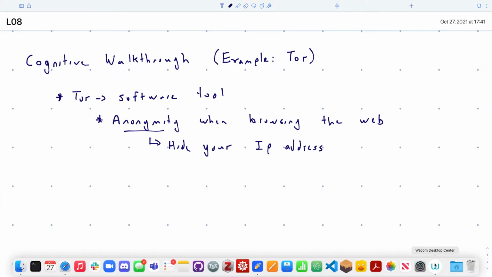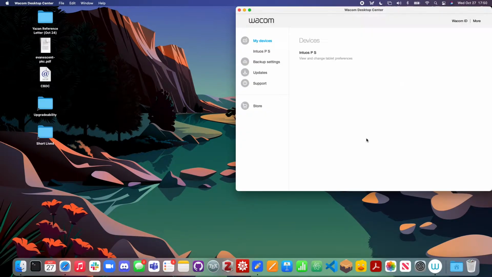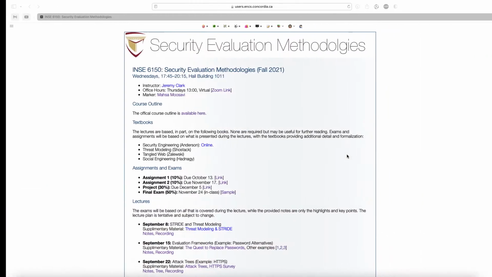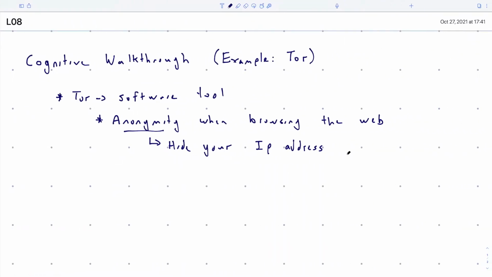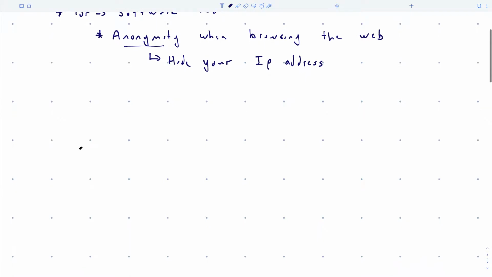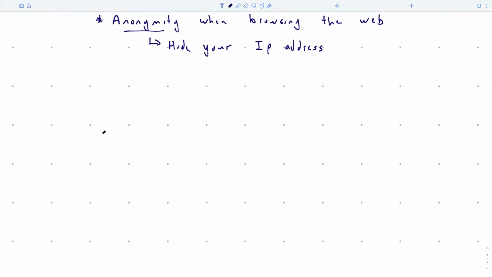Okay, does anyone else know a way of hiding your IP address? Okay, so the most common is to use a VPN. So let's compare and contrast Tor to VPN just so you can see what the differences are. It uses the same principle, it has a little bit stronger anonymity. So let's say we have a user,